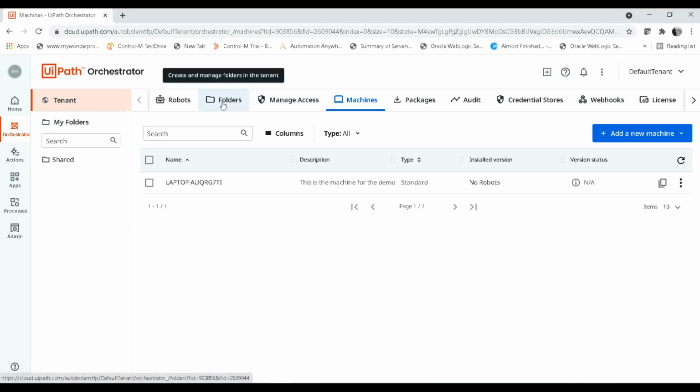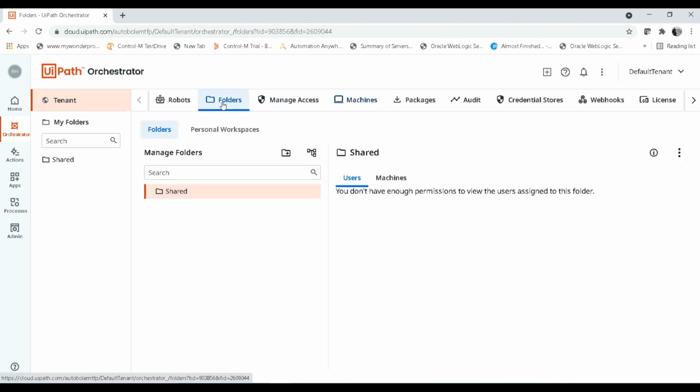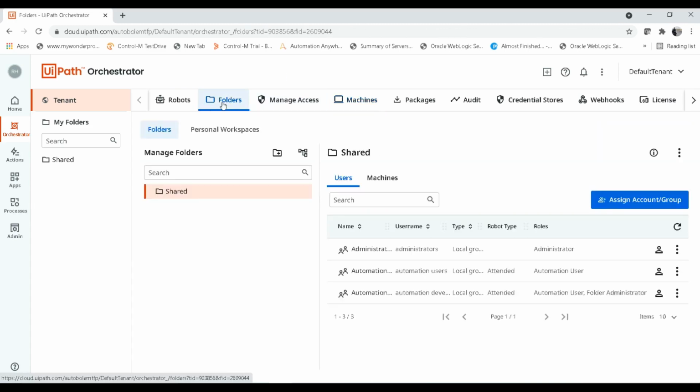So what is this folder? A folder helps with the grouping of machines. Suppose in the team I have 20 machines, and 10 machines I'm going to use for testing and 10 for development. I need to group these machines into different environments, right? So 10 I group for test, and 10 machines I group for dev. I can create a folder and link those test machines to the test environment, and the 10 dev machines to the dev environment or the dev folder, right?